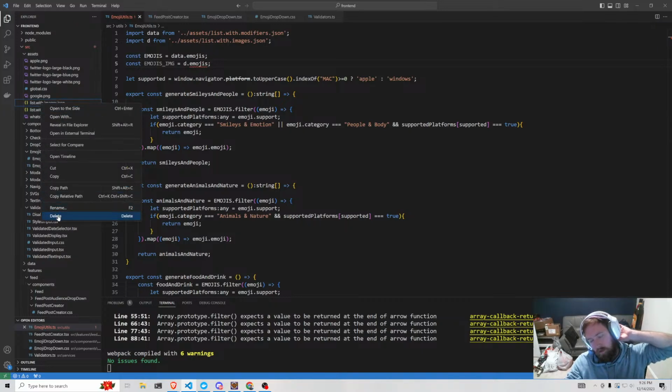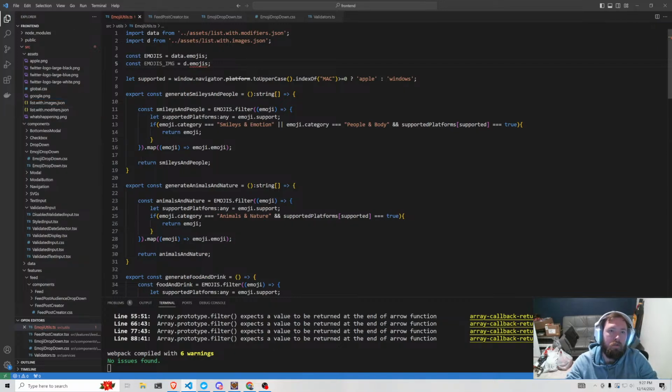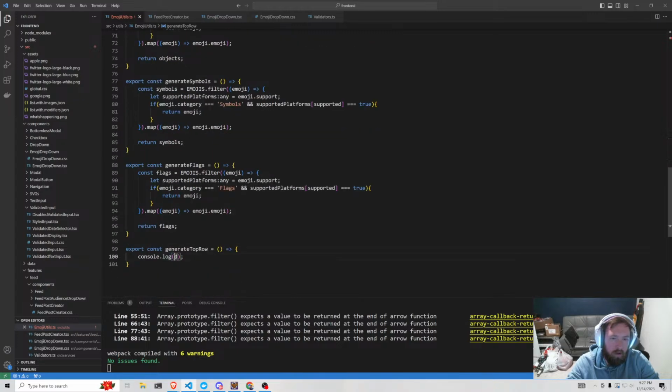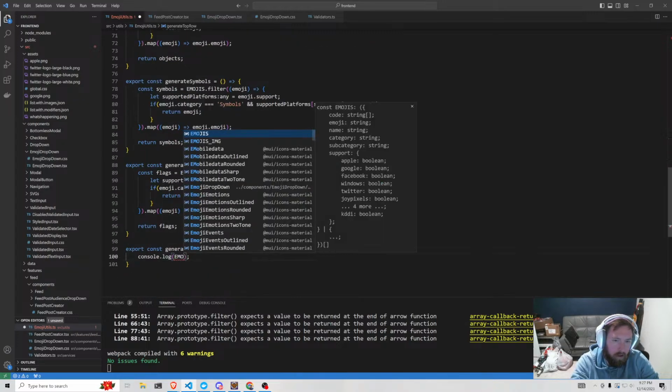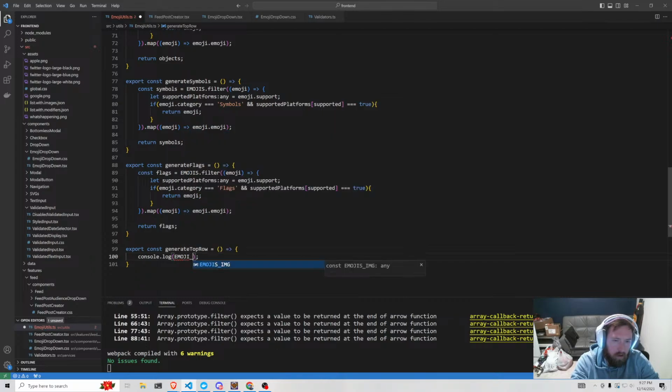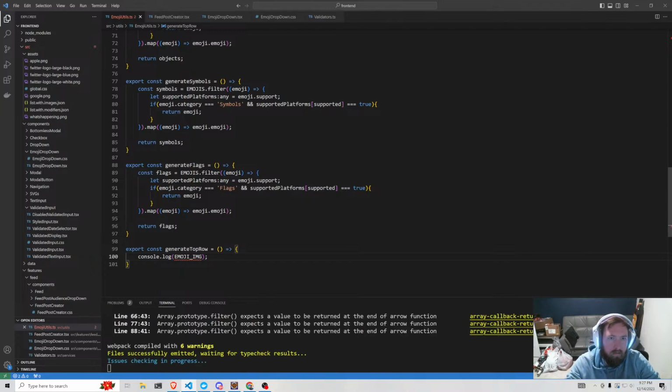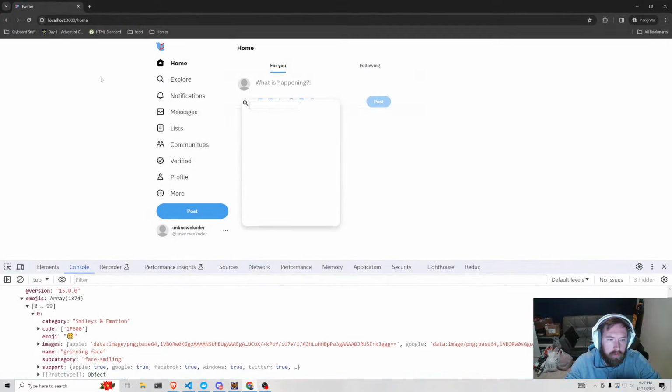Now the issue is that Twitter uses the images instead of the actual emojis. So we might have to use the images instead of the emojis, which if we can't get the images out of this guy, then that's obviously a problem. So I don't know what we're gonna do about that. If we say emoji underscore img,